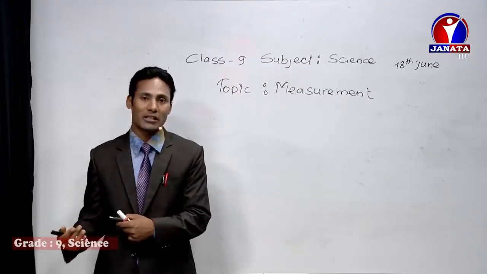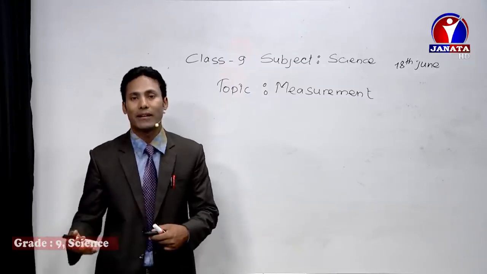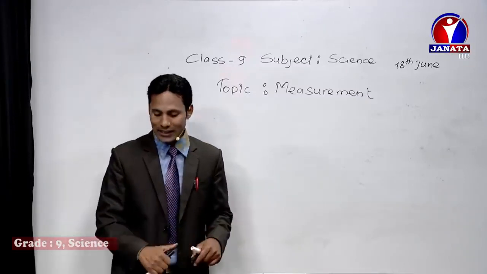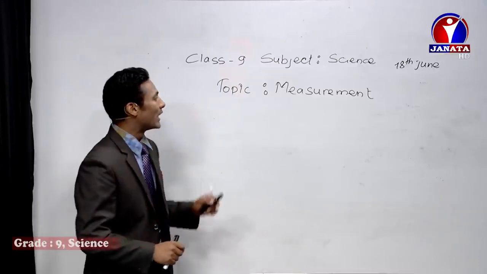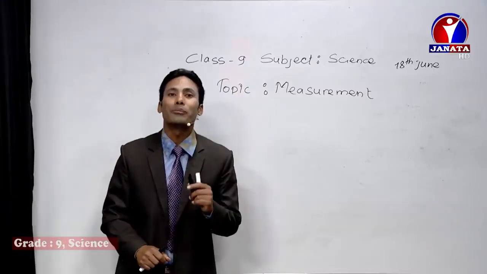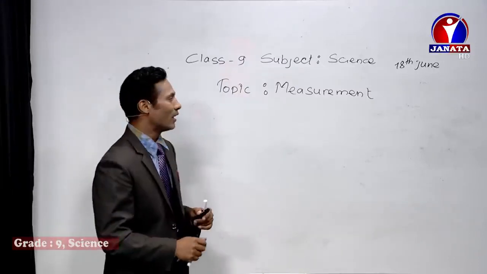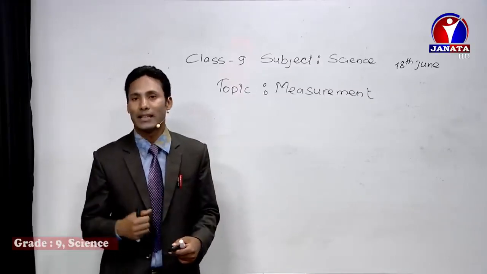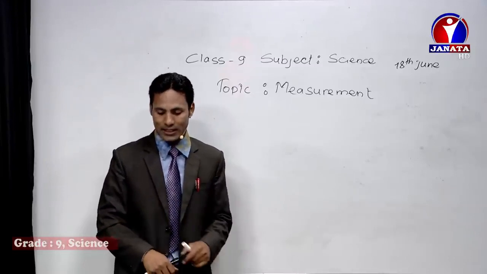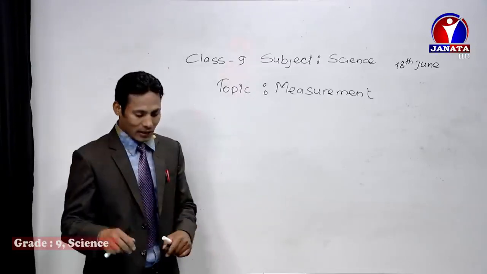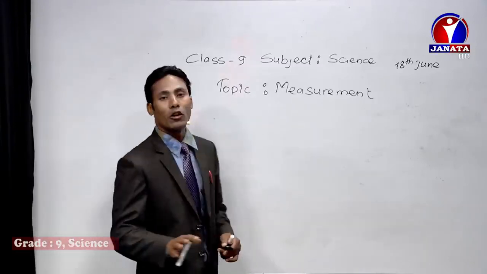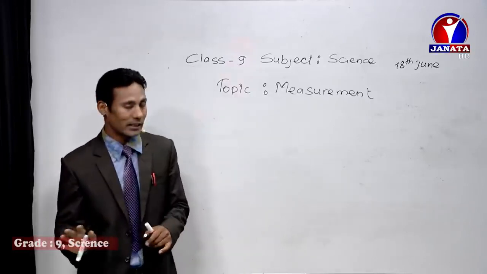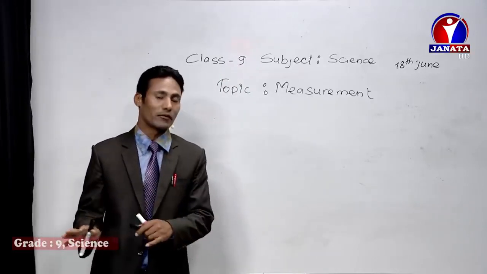If there is temperature, if there is pressure, that should not affect that standard unit. And it should be easily reproducible. What that means is, we can change that into the multiple and the sub-multiple also easily. That is the characteristic of the standard unit. And about this unit, you might have learned 3 types of unit in the lower class, especially 4 types,